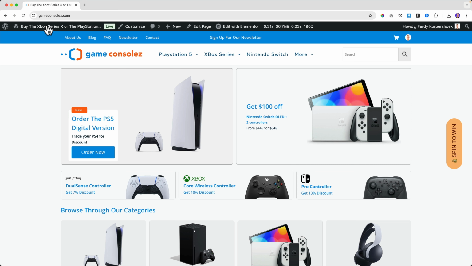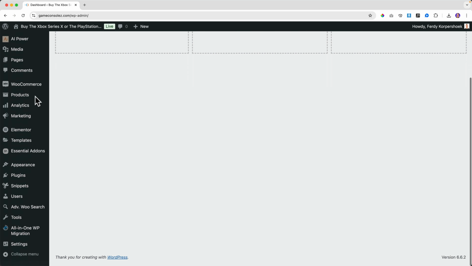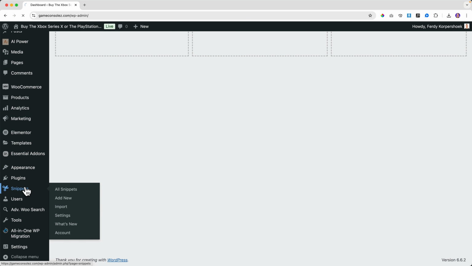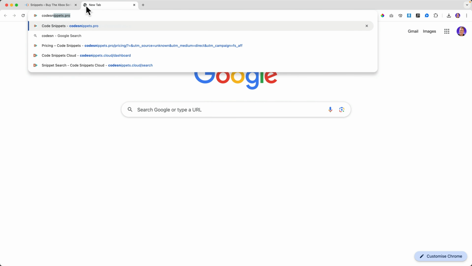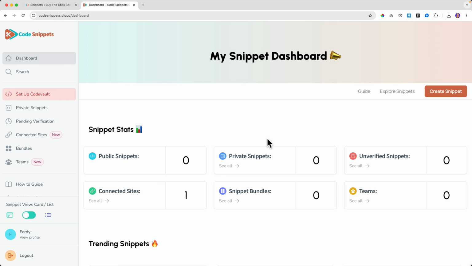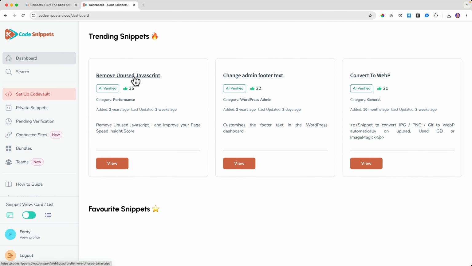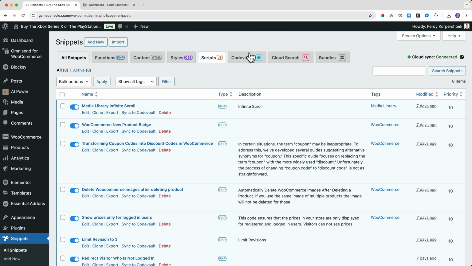Let's talk about another JavaScript. I scroll down. I go to snippets. So I can do two things. I can go to code snippets.cloud. Search over here. Remove unused JavaScript. Or I can go over here to Cloud Search.